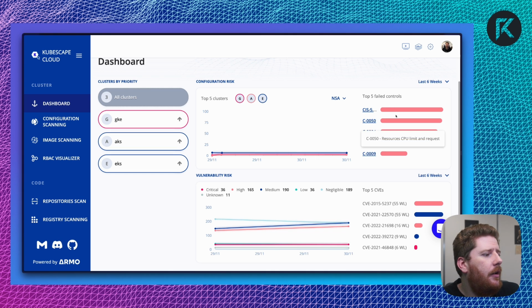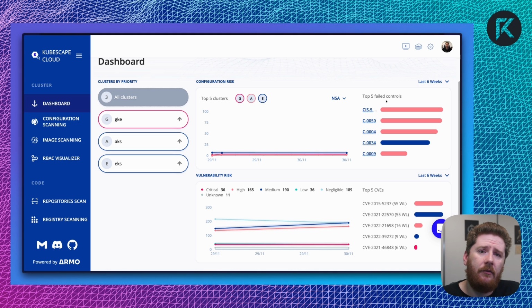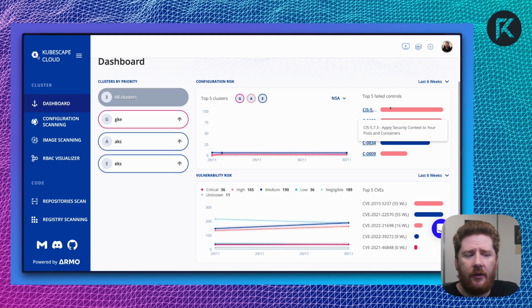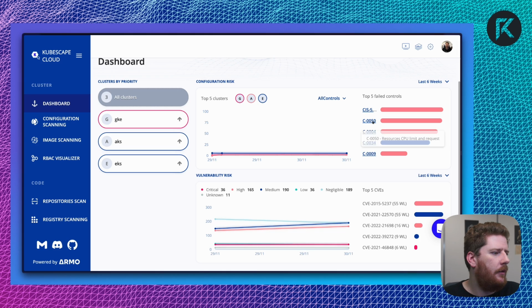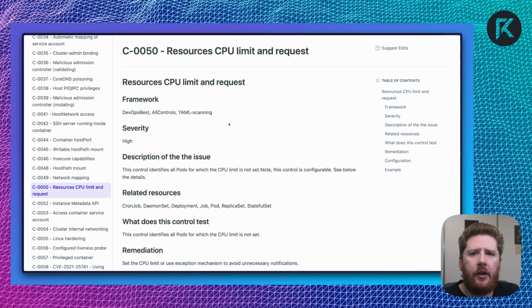On the right hand side, we have the failed controls, and the color of the bar indicates the cluster, which is the violations of the failed controls, and then the length of the bar is the number of times this has been hit across your workloads. And if we click on one, we get taken to the Kubescape documentation. This is fantastic. This tells me the ID number. So here we're looking at C0050, which is